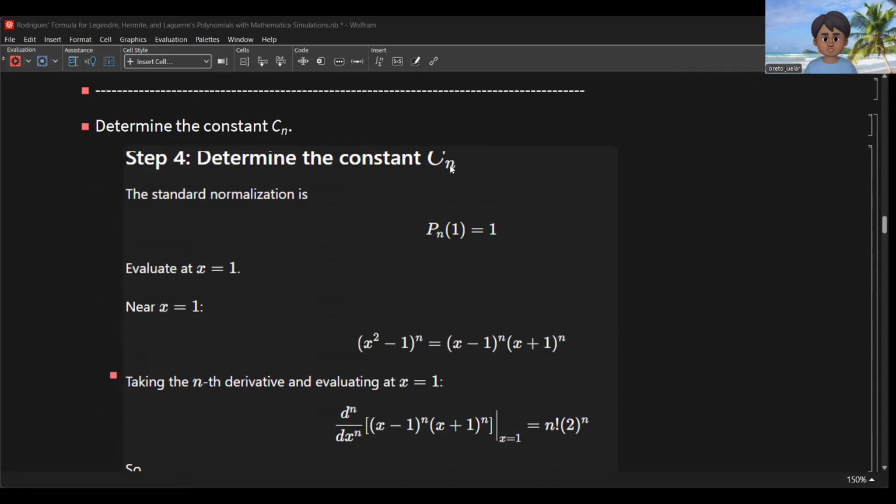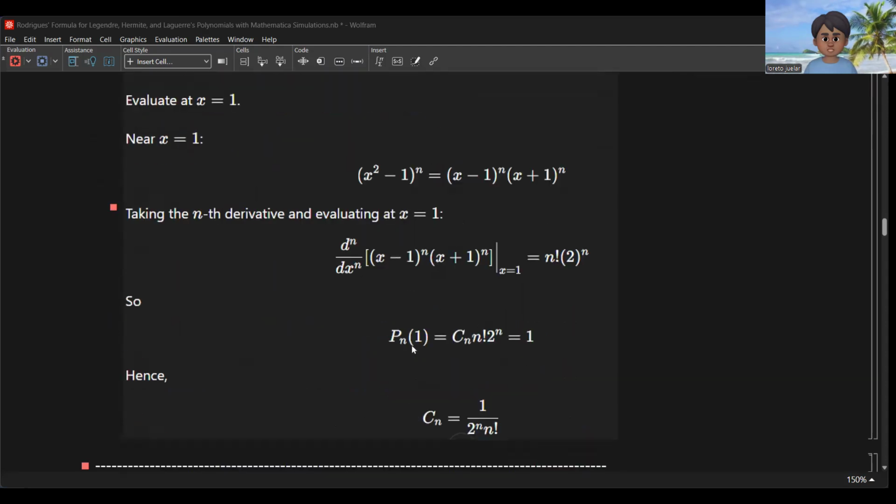Okay, determine the constant c sub n here. The standard normalization is P_n of 1 is equal to 1, so we evaluate at x equal to 1. Near x equal to 1, we have the factor x squared minus 1, which is x minus 1 times x plus 1. So we have x minus 1 raised to the n times x plus 1 raised to the n, since x squared minus 1 is raised to the n. So taking the n-th derivative and evaluating at x equal to 1,